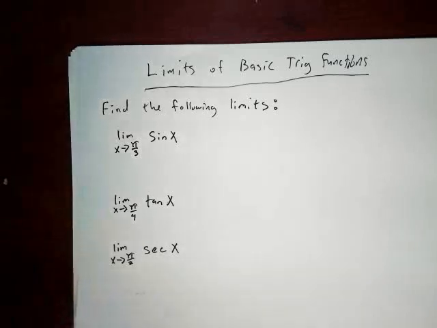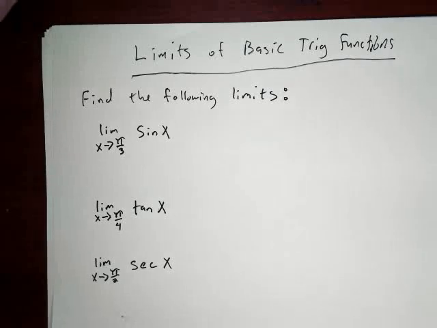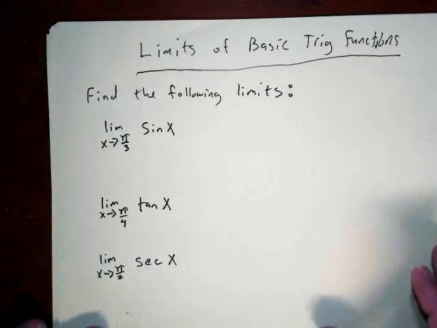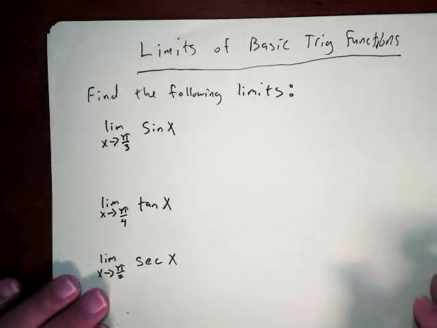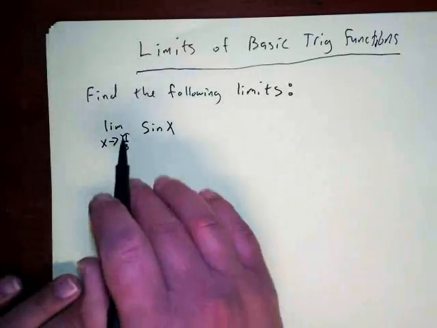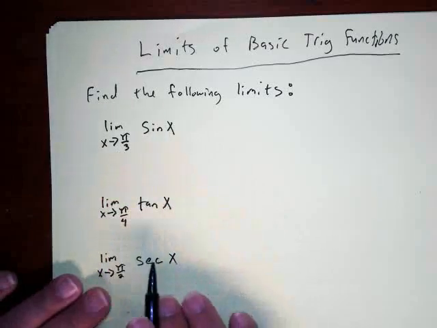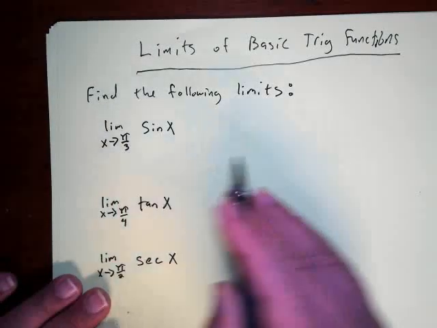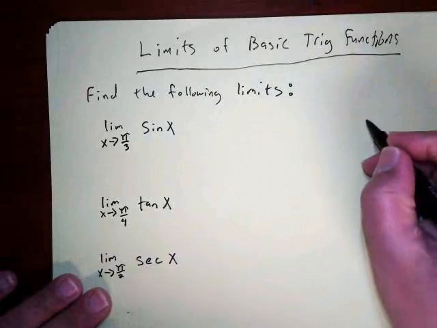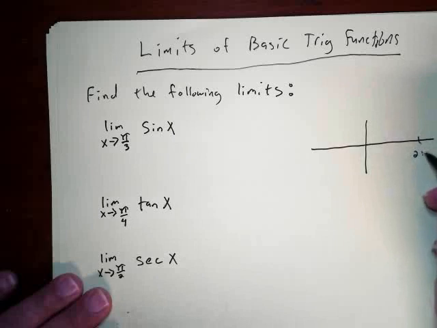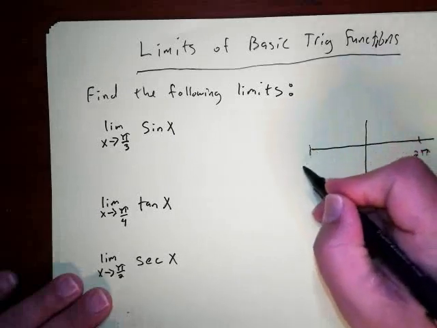Let's take a moment to look at limits of trig functions here. So here's the logic. I'm not going to prove anything, but let's start by finding the limit of sine of x as x approaches pi over 3. And what I'm going to do is draw a graph to help show you the logic of what's going on. So here's 2 pi, negative 2 pi,